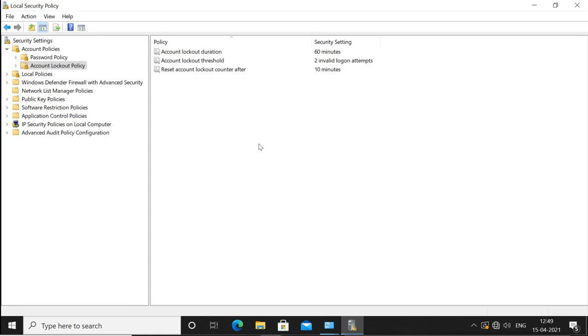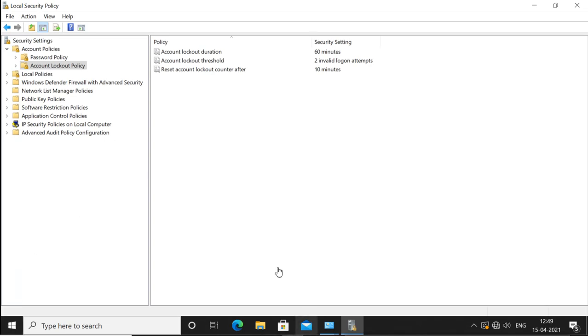Home Edition is only for home users. The Pro editions are for organizations, and Enterprise is also for enterprise organizations. So the administrator account is available there, but not available in Home edition. Now, where will you see the administrator account?